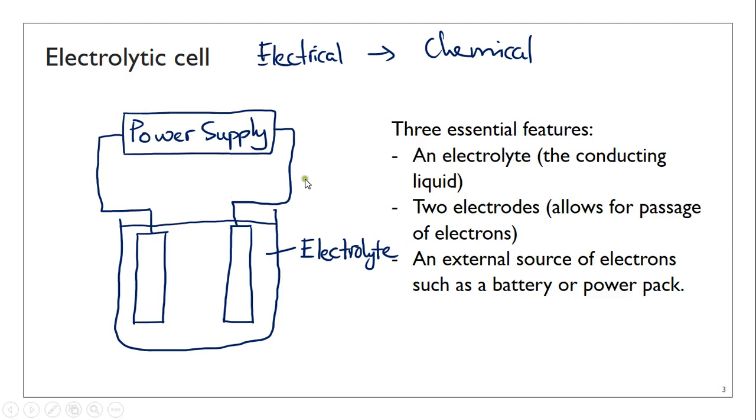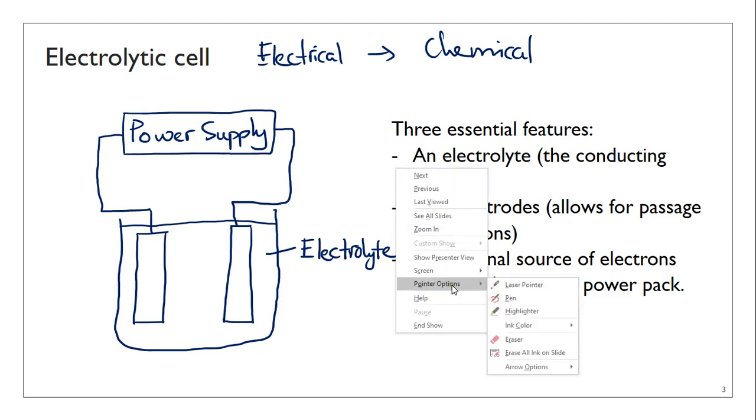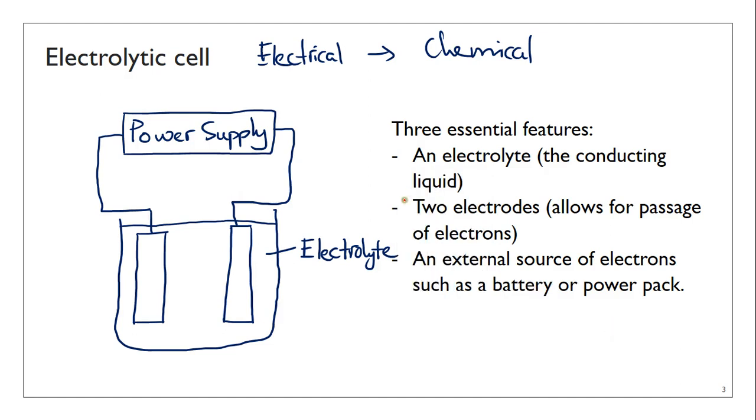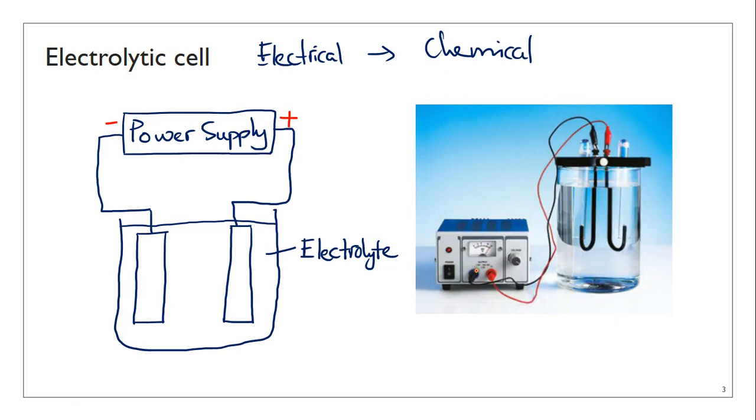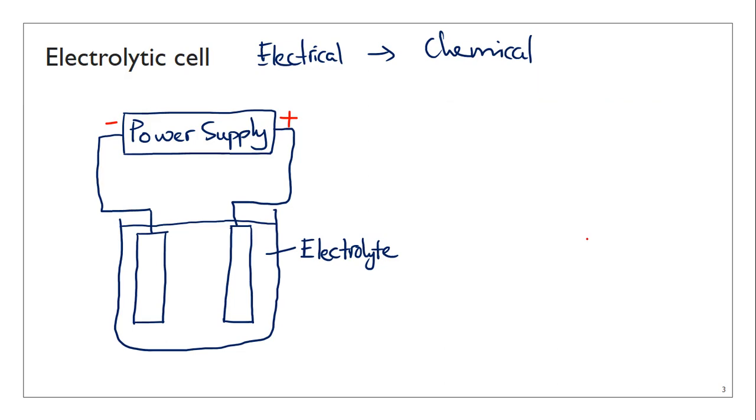I think this is also a good time to talk about which electrode is the cathode and which is the anode. All right, when you draw your power supply, you have to label which side is negative and which side is positive. So if you go back to that picture, I think you can actually tell that that's the negative terminal of the power supply. So the negative terminal is connected to one electrode and the positive terminal is connected to another electrode. And this is going to be very, very important because